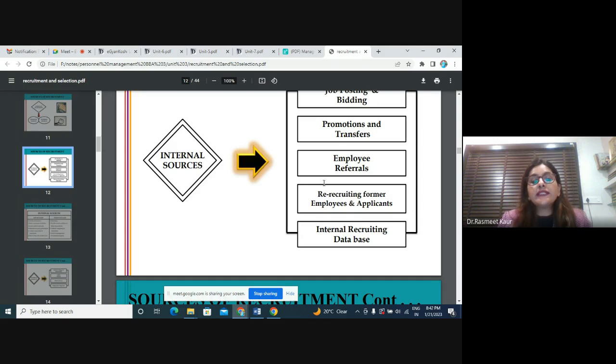Third could be an internal source: employee referral. Employee referrals are basically the existing employees, those who are working with you. They are asked to give referrals if, according to them, they have somebody who can be hired or who can be given a particular job in the organization. So the existing employees give their references, and then without wasting time, without going for the entire recruitment process, selection process, and the tedious process to follow, you just follow the employee referrals and you select or you invite the people from the outside source.